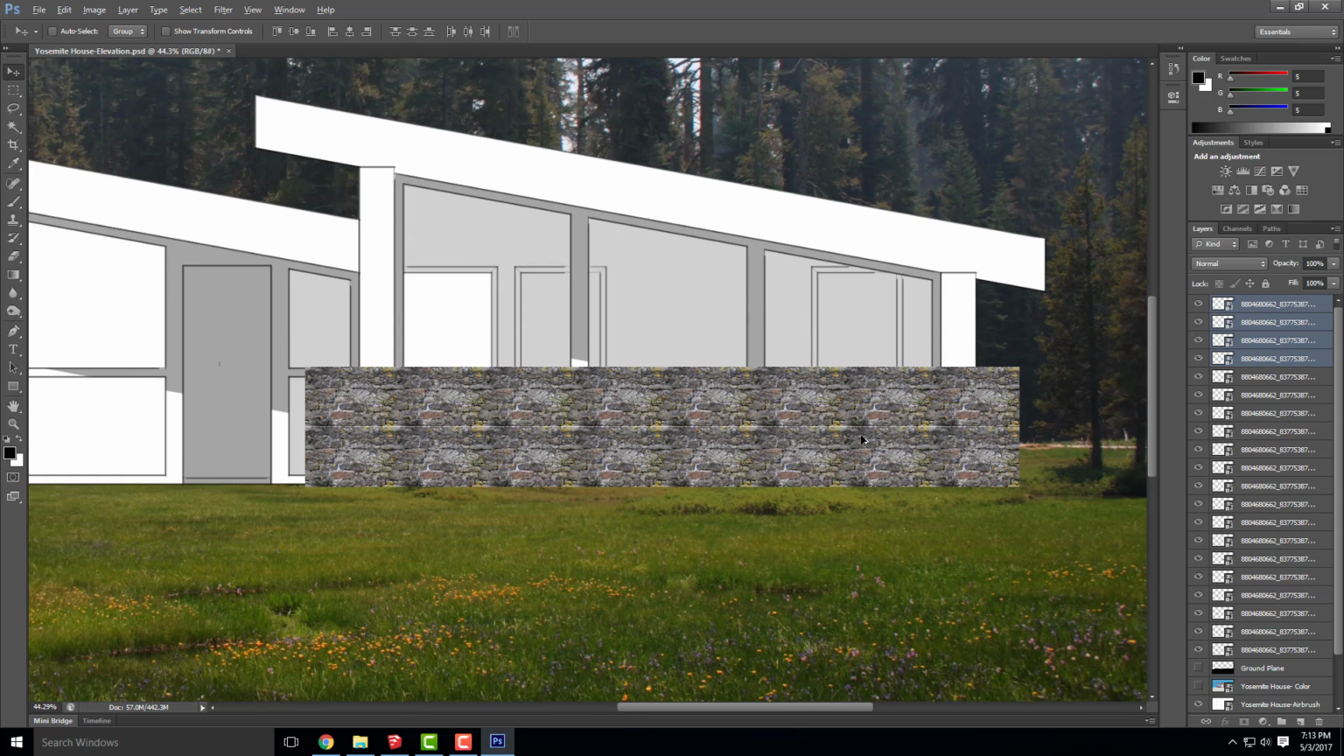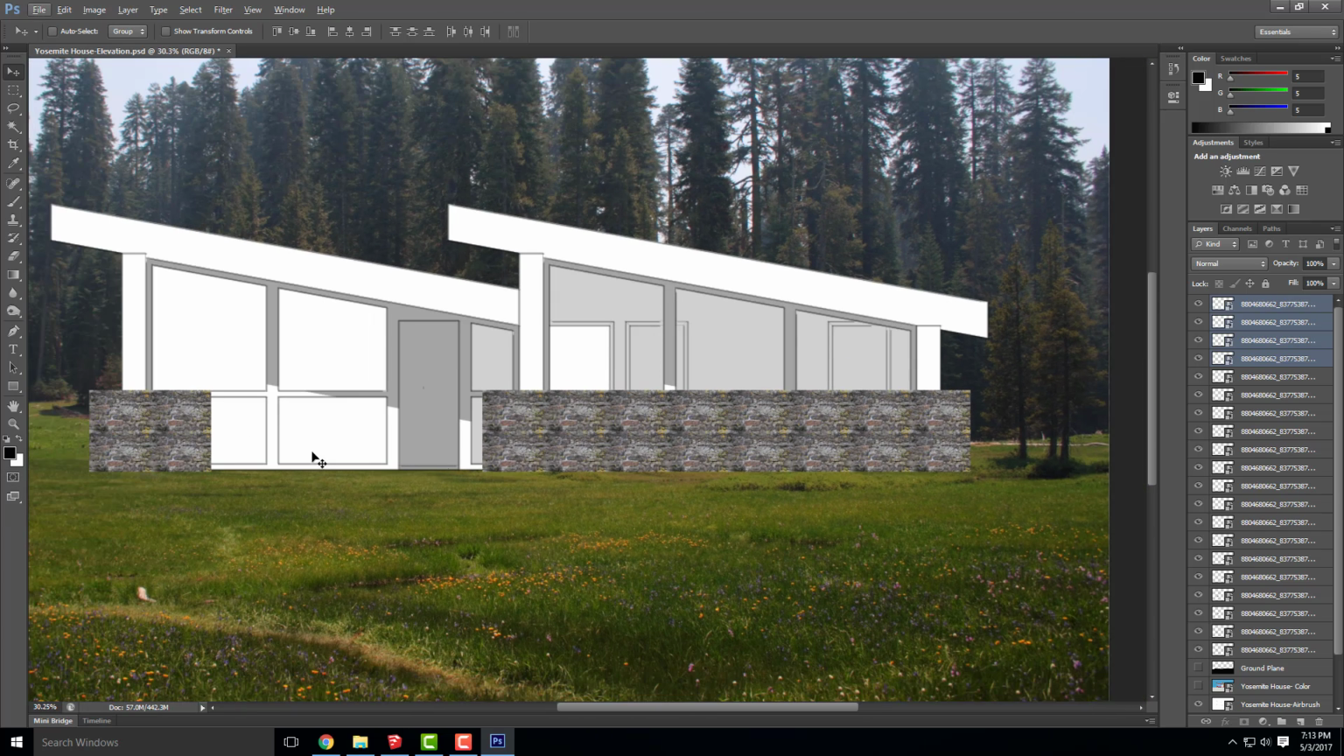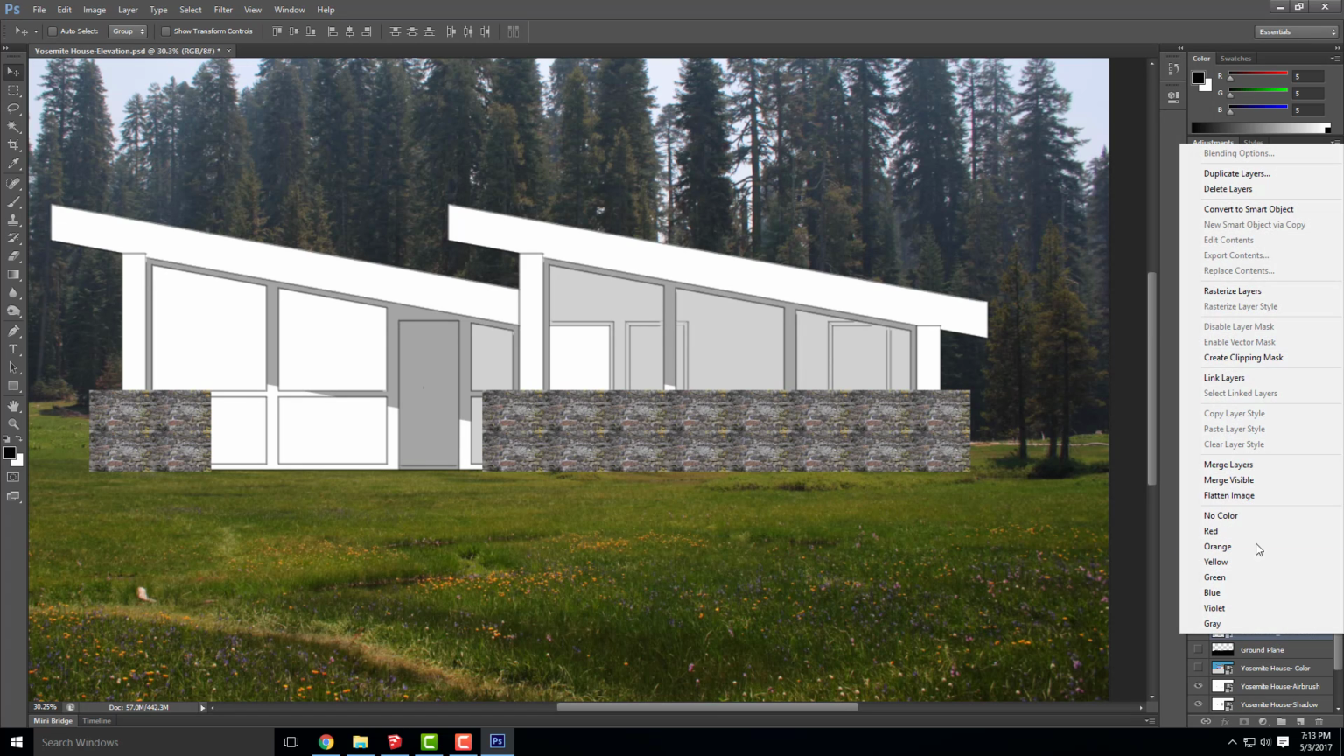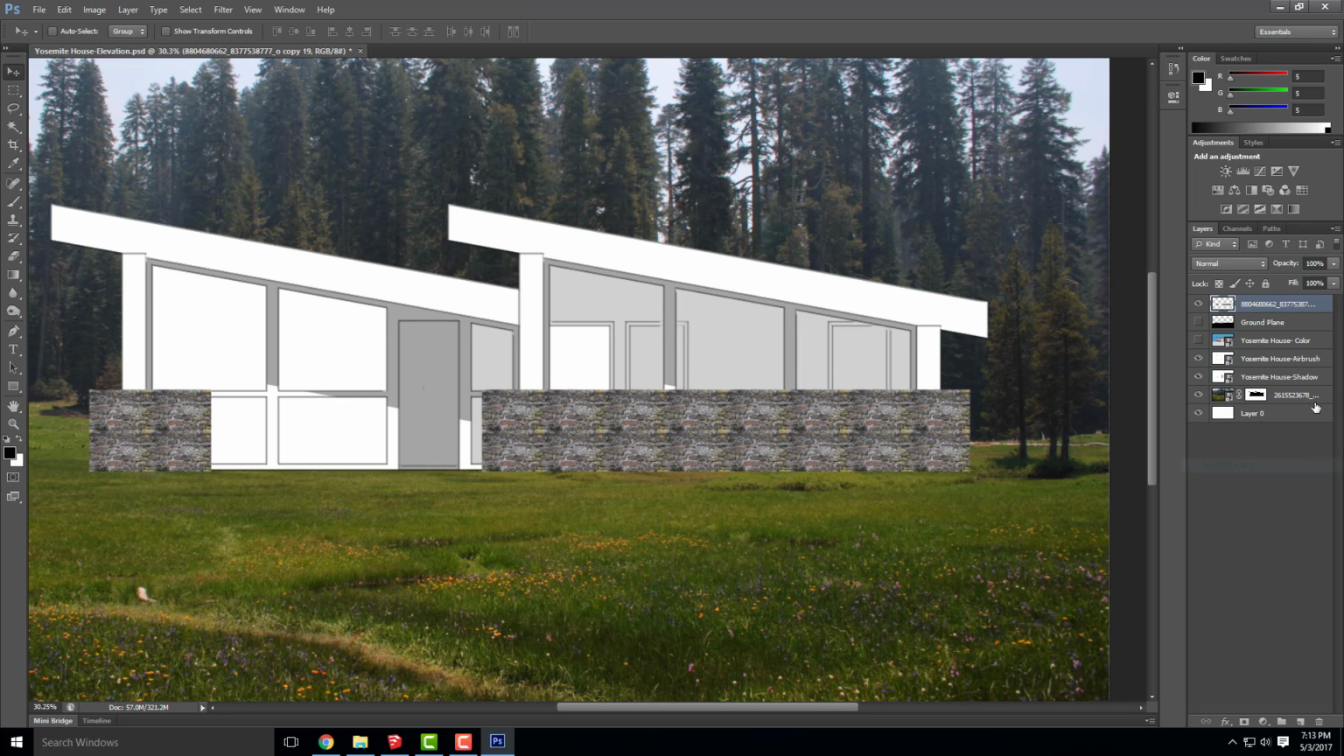Okay, so that will do it. That will actually put the stone on the base of my building, okay? From here, I'm going to take all of the textures that I just added. I'm gonna select them all, right click and click on merge layers. That will merge all of those textures into one layer so you don't have 40 layers of image files in your building. I'm gonna go ahead and rename this